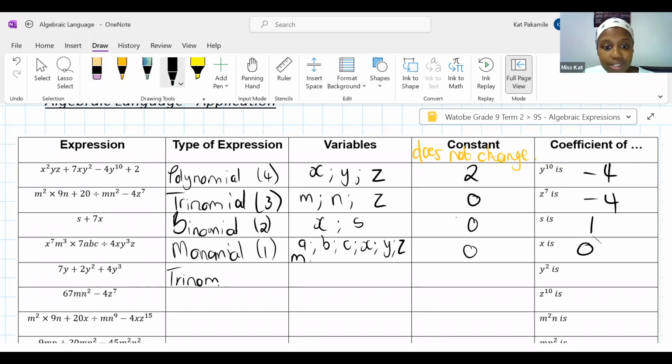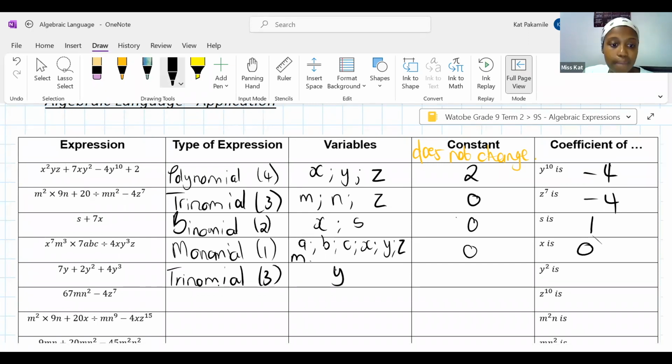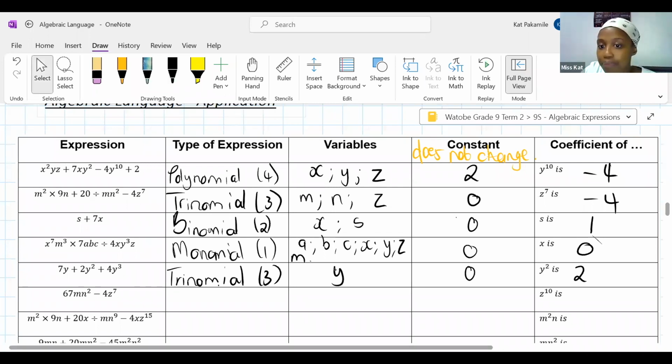I don't understand. Okay, what are my variables in this expression? Y. Just y. Is there a constant? No. No. And the coefficient of y squared is? 2. 2. Beautiful. See, yeah, I love it. And now